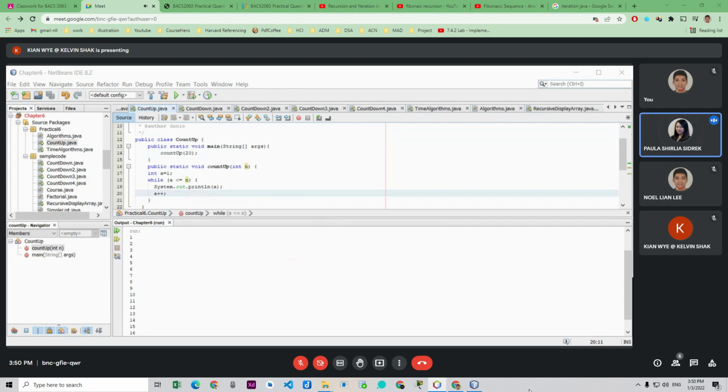Okay, so how many count did you have? Let's see. You fulfill that count up problem, and then you count up to 20 from the static void count up, and it is specified as n, yes, and then you initiate your